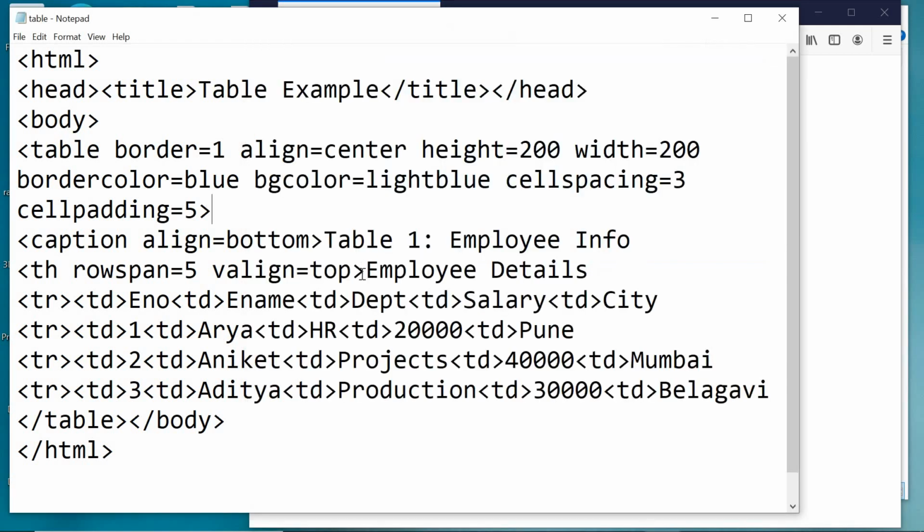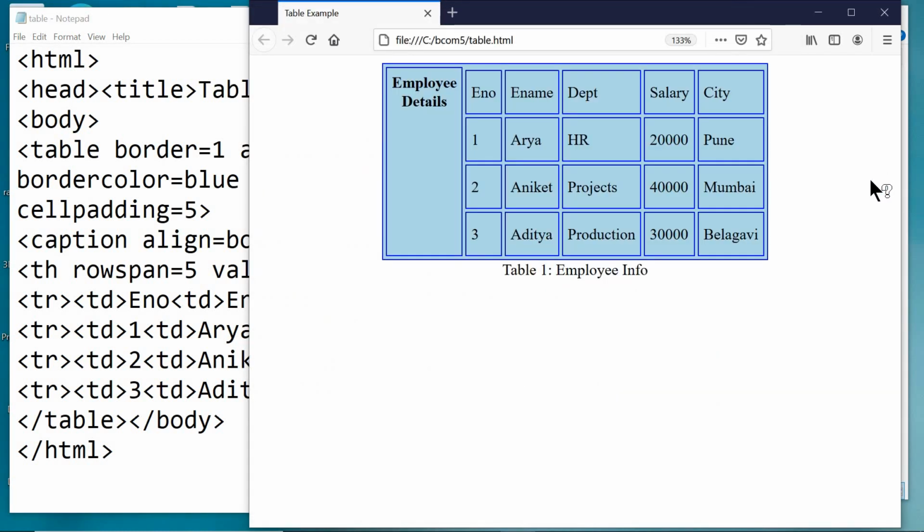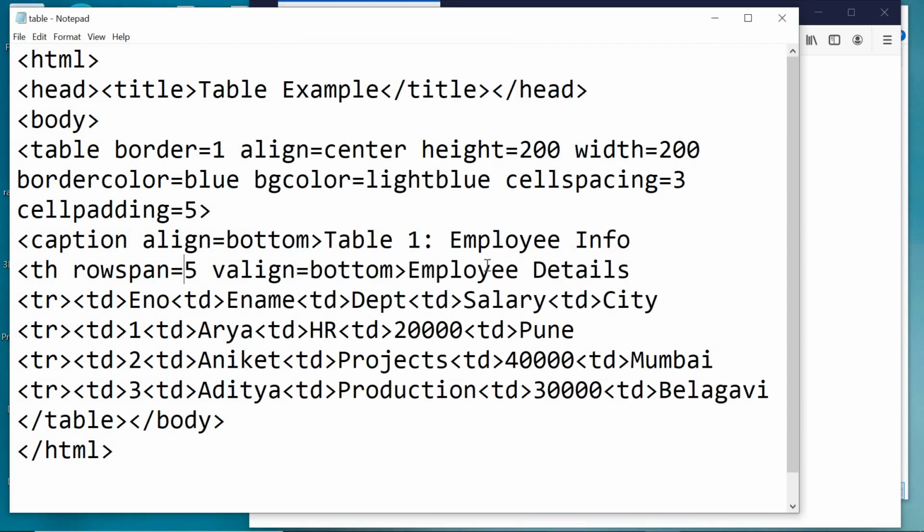Then in the same way we will see for bottom, save this one and reload here. Right now it is at the bottom. In case of middle, it's not required that we have to use V-align.